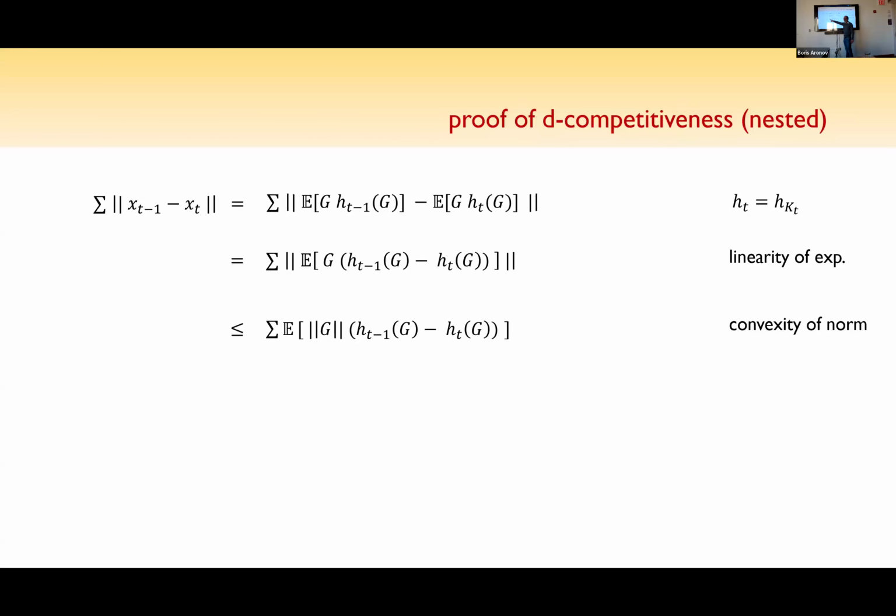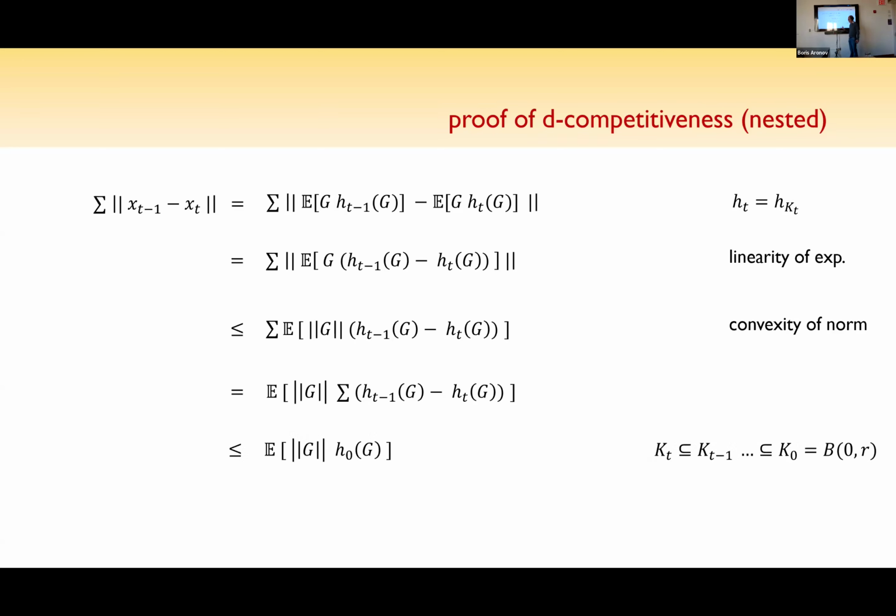And now I have a summation over t sitting outside. I can push that. It's just algebraic manipulation, and you have to do it in the right order. But of course, with all algebraic manipulation, you have to do it in the right order. Now you're summing over all t's of the support function values, non-negative differences. So there's a telescoping sum. This is initially 0, and whatever the final value is, it's non-negative, so throw it away.